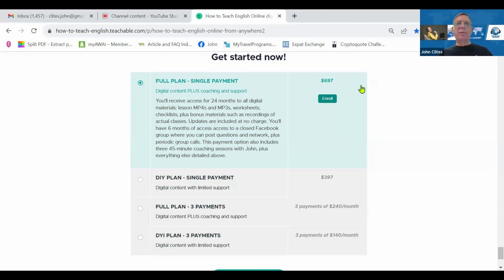Now, one thing that I've changed though is that I will pay the tax. If you're from the US, as I am, we're used to the price quoted not being the final price. Oh, they're going to add tax to it. I found that people from Canada really hated that. So I said, I understand. So I will pay the tax, whatever your local tax is, I will pay it. Now, of course, again, when you click enroll, it's going to convert like to Canadian dollars, but it's not going to add PST, GST on top. I eat that. I pay that.